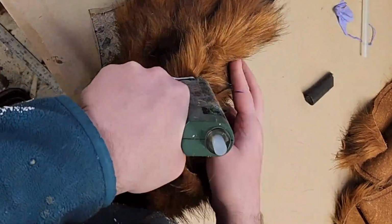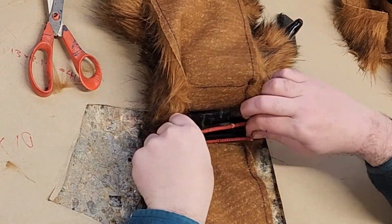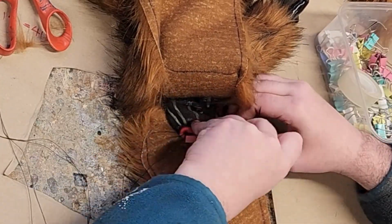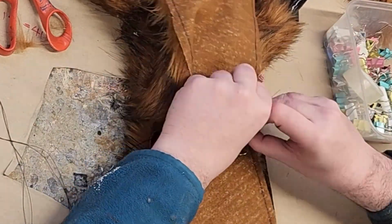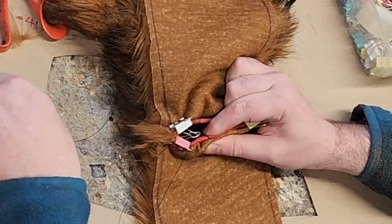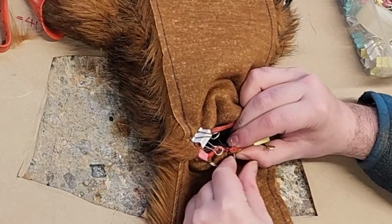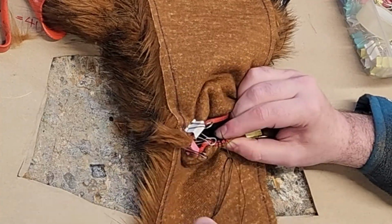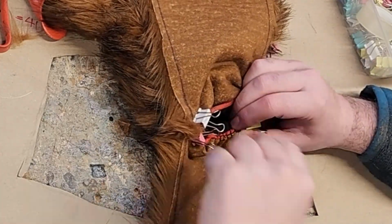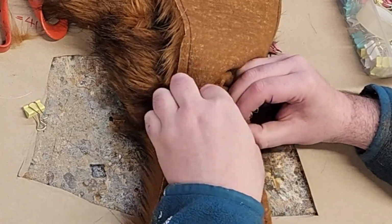Using very strong thread, which I doubled in the needle, I sew the rim of the glove to the fur. This is to ensure that when pulling on the glove, you have no risk of ripping off the glove or having to fiddle getting the glove on. Small crocodile clamps help keep the glove and fur in place. Make sure when you're sewing the glove in to keep stretching the material, because the glove is stretchy, the fur isn't. So you want to make sure that both